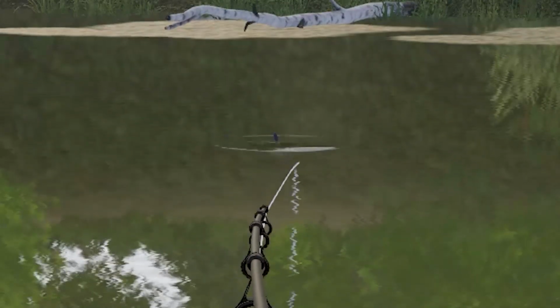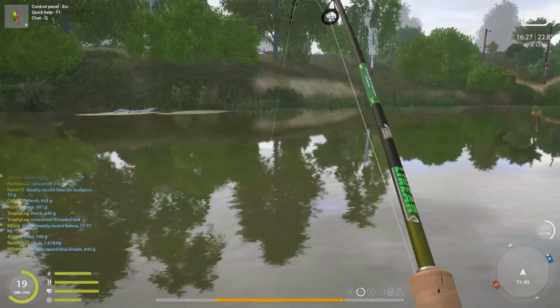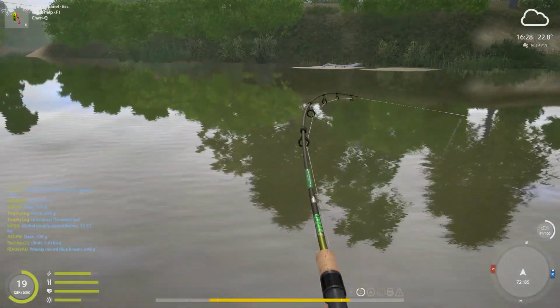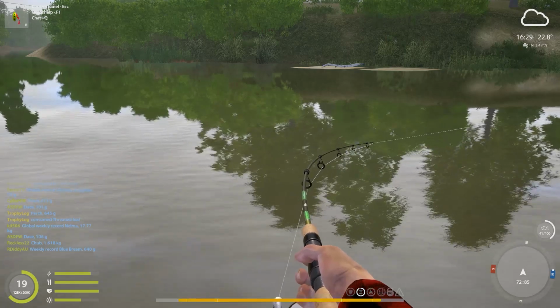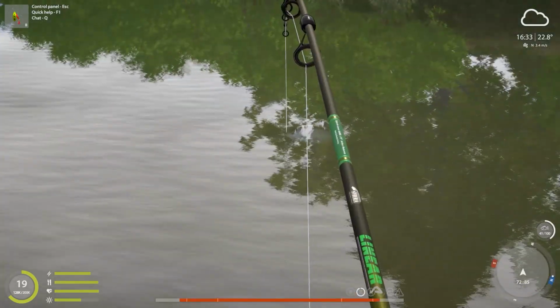What is that? I can see the fin. Is that a chub or is that not a chub? Wow, that's fast. Okay, that's definitely the biggest and strongest fish I've had on a spinning fishing setup. This thing is like a rocket. I don't understand if it's giving up or if...